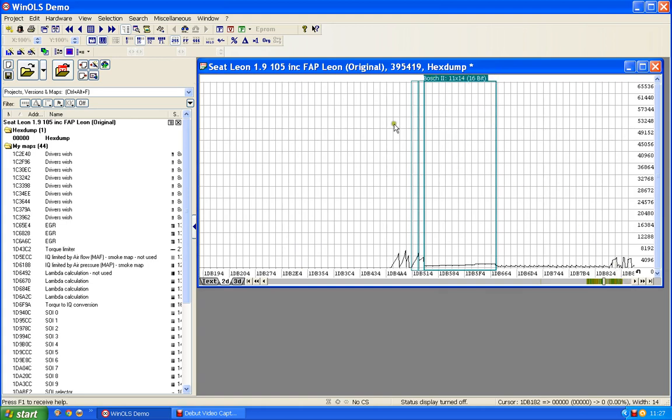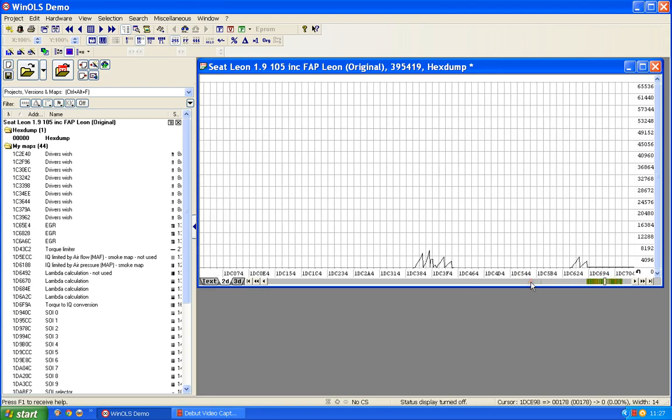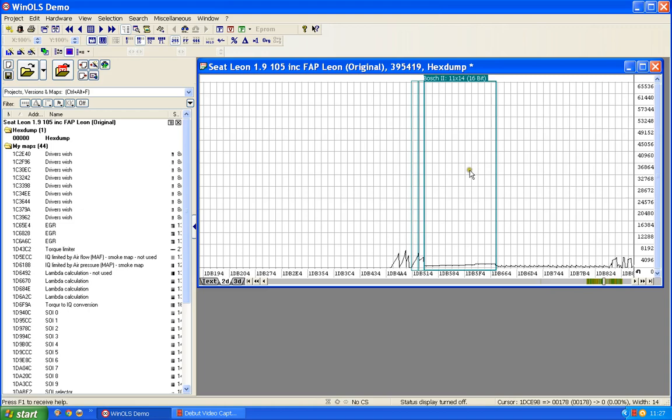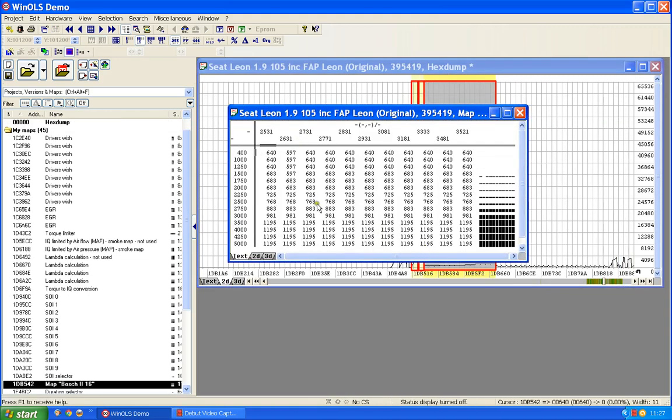The 11 by 14 is a fairly common size for the limiter. There wasn't anything before that could have been it. Let's just jump forward again. No, there's nothing obvious down there. So we'll jump back to there. So we'll take a guess that that's what that one is. So I'll double click on that one. Let's have a look. Well, it does look like it might be the limiter.